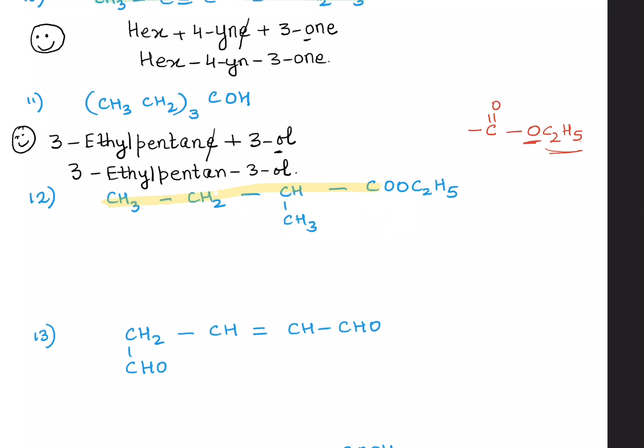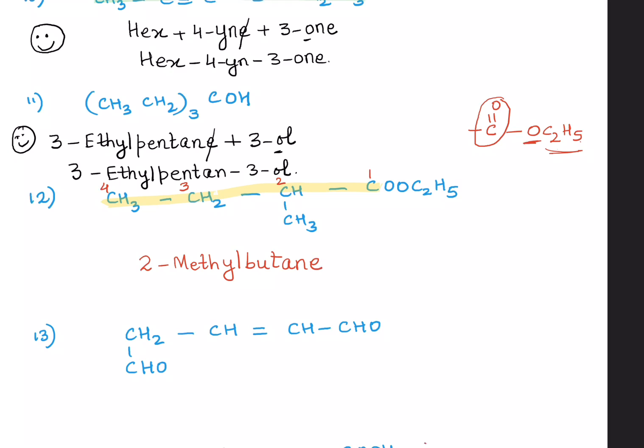So now the next challenge is to number it. Obviously my functional group should get the lowest number. So 1, 2, 3 and 4. Prefix, what are we going to attach before the name? Yes, the substituent. And that substituent is present at the second position. It's called 2-methyl. Now how about the main chain? How many carbon atoms are there? Yes, of course, it is but. Saturated, unsaturated? Yes, it is saturated. So ane. Yes, it is not this unsaturation we are talking about. It is the double bond or triple bond between two carbon atoms, right?